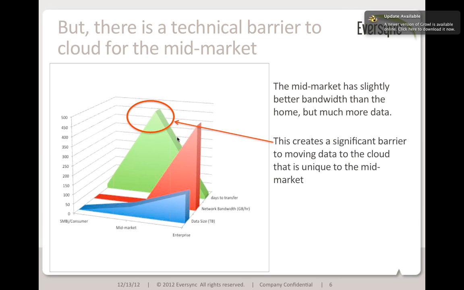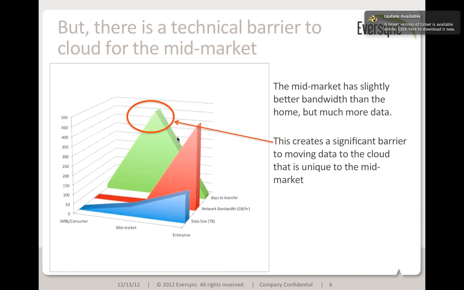So I'm looking at, in this graph on the x-axis, three different scenarios: home office, small office, or you and me at home. In the middle, I'm looking at a mid-market customer, and on the right side, we're looking at enterprise. So at home, for example, I'm backing up a couple terabytes of data, but it's a movie database. My backup software that I use at home goes directly to the cloud. It took about 3 months to back that up the first time. Of course, it's never going to change, so I wasn't too upset about that. And I have at home Comcast, enhanced Comcast networking services to the internet.